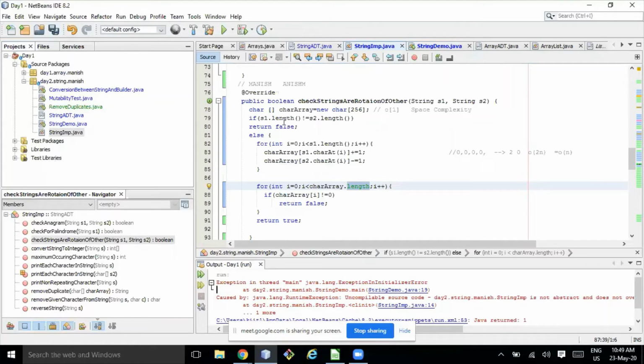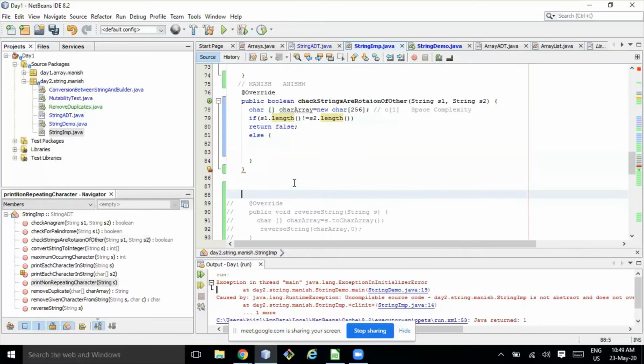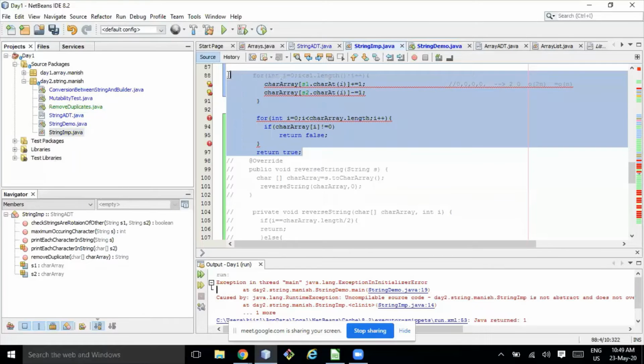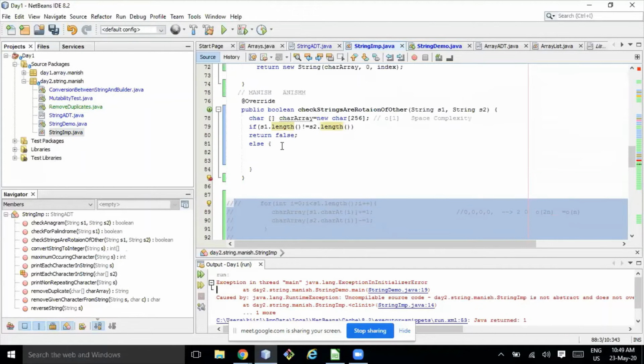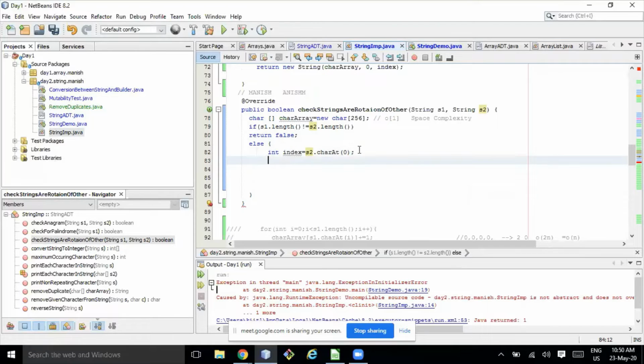So what Rahul is suggesting: if the s1 and s2 lengths are not equal, then false. Then he is first picking s2.charAt(0) and storing the character itself, not the index.